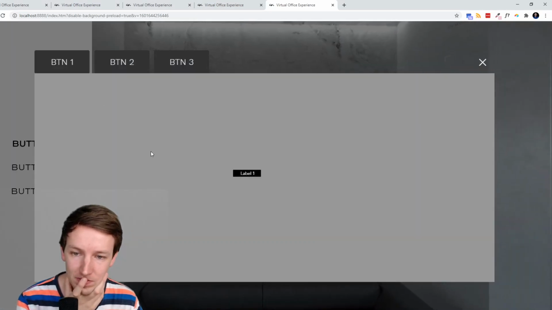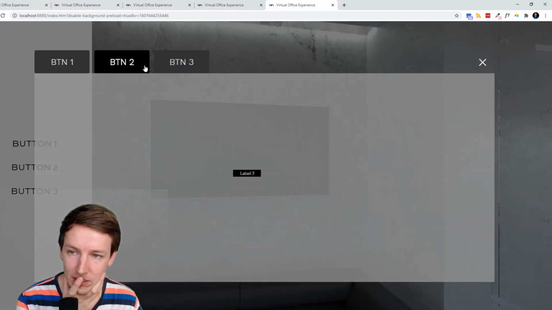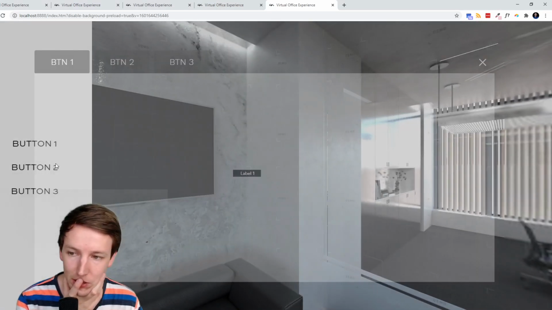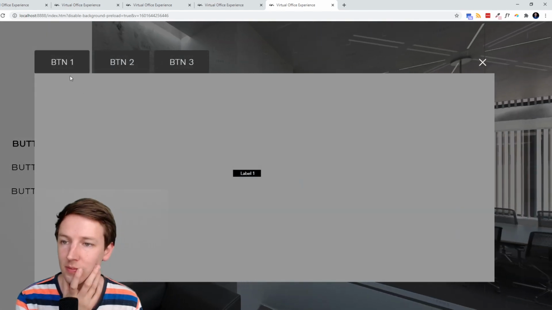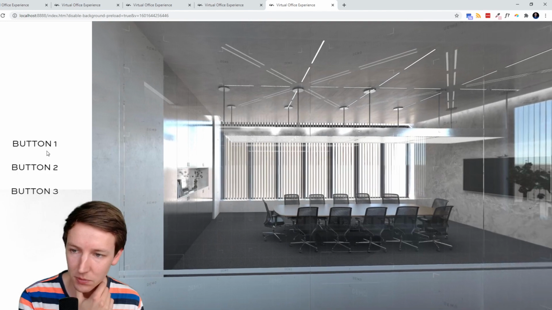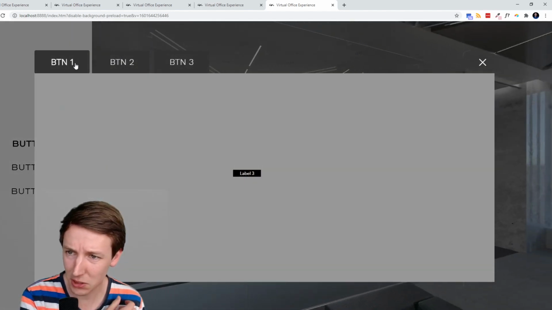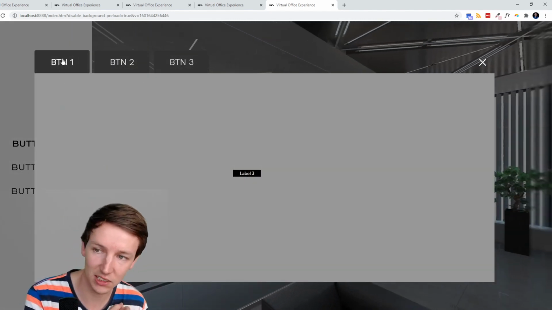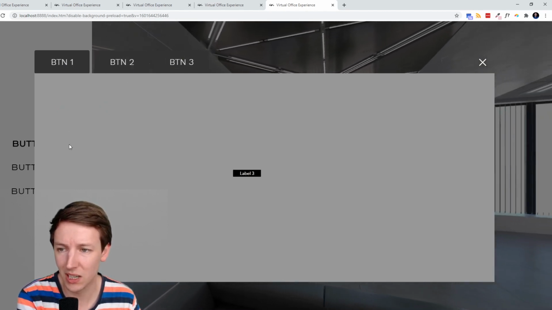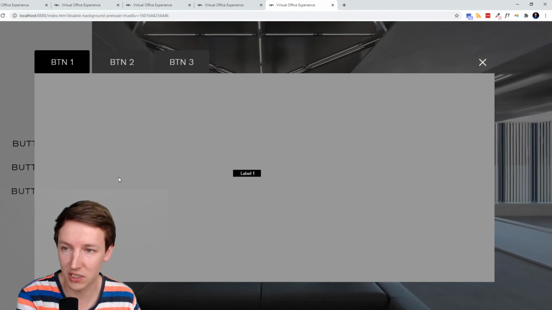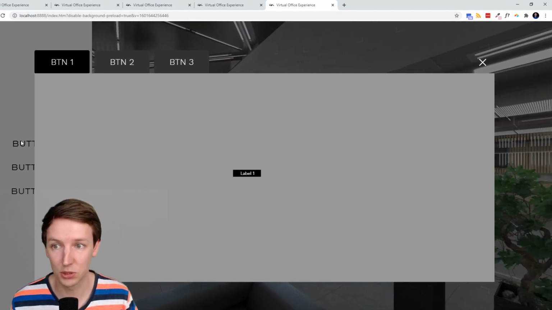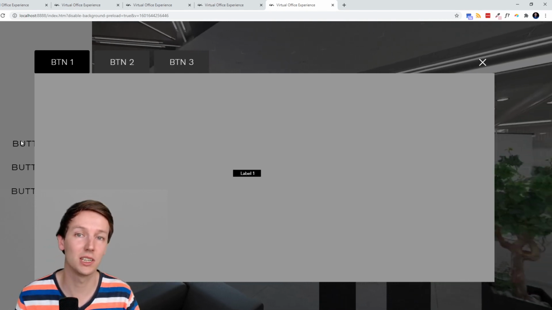Preview. Button 1. Button 2. Button 3. Button 1. Close. Button 1. But there's a little but, because when you click it, it doesn't show button 1 as the selected one here. And so you want to have button 1 here selected in this state. So when you click this button. So this is something I've been struggling with a lot, but luckily there's a JavaScript code